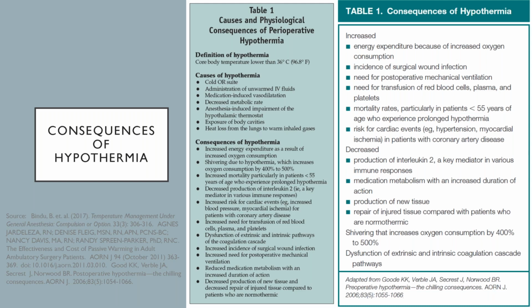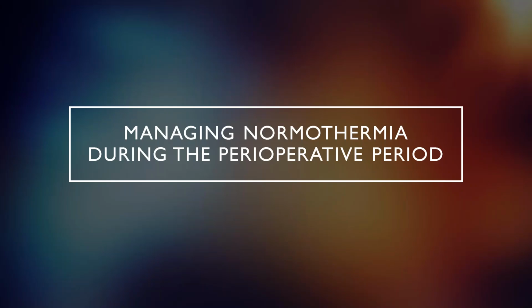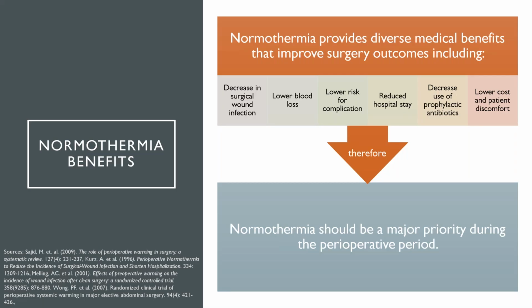And that's going to cause issues with turnover, issues with getting patients out of the recovery area, which are of supreme importance for an ambulatory setting. So how do we maintain normothermia? Why do we want to maintain normothermia? Because of all of these real, legitimate benefits of normothermia. These are things that have absolutely been established. These are things that have been studied and looked at, and they absolutely have been found to be